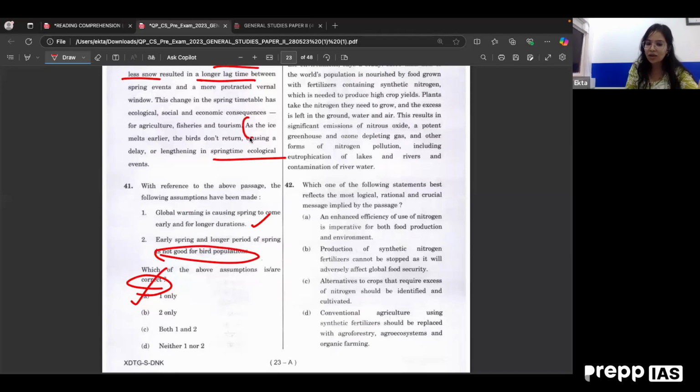एक्चुअली वो एक्सप्लेन कर रहे हैं कि व्हाई इट इज बैड, राइट? Why it is having consequences for farmers and social and ecological consequences. Now they're illustrating this through the example of birds. Okay, the birds don't return and all. They are saying that pollination and all those kind of things are talked about. Bird population पे क्या impact हो रहा है उनके लिए, good है, bad है, it is not going to be the concern of the passage. So I can ignore statement 2. Now अब इतनी श्योरिटी के बेसिस पे I know the statement 1 is correct, so I'll go with the option